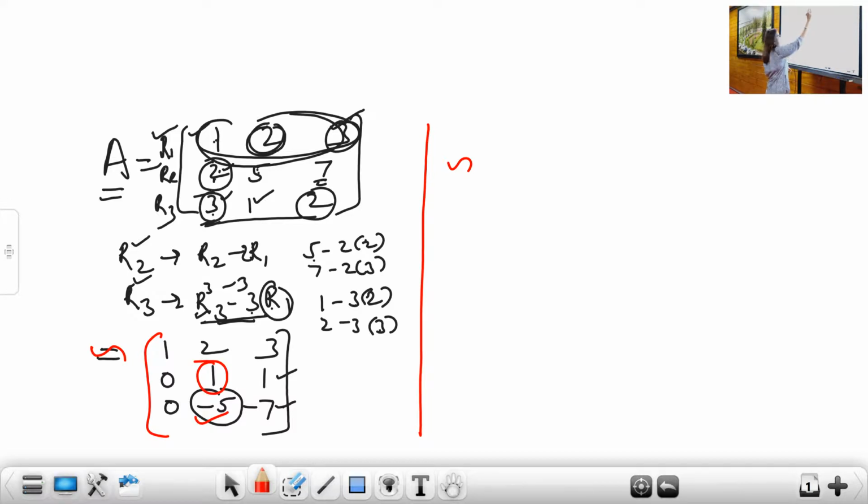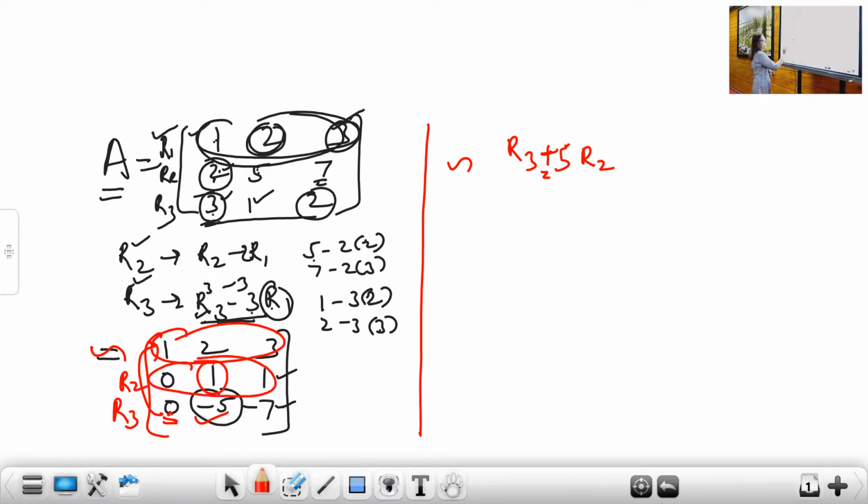Okay. So the next is R3 plus 5 R2. Why am I taking the plus sign here, students? Because this is already minus 5, right? This is your R3. Now you are taking help of R2. Now forget about R1. Why? Because suppose I want 0 at this place, and if I take help of R1, then this 0 will become non-zero. So you have to remember this while doing the transformations, because further you will be learning many things in which you need to bring only ones and zeros in the matrices. Once you get 0 at some place, you have to take care that you do not use any transformation which will make it non-zero.